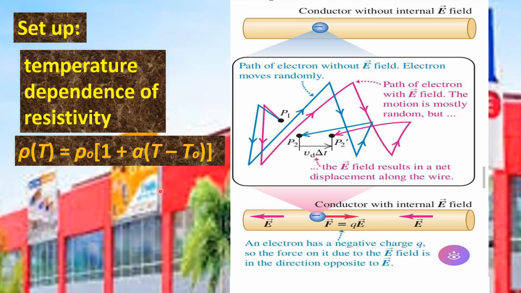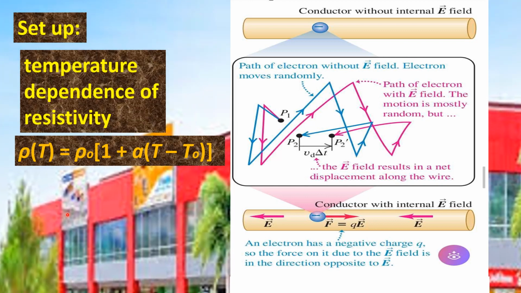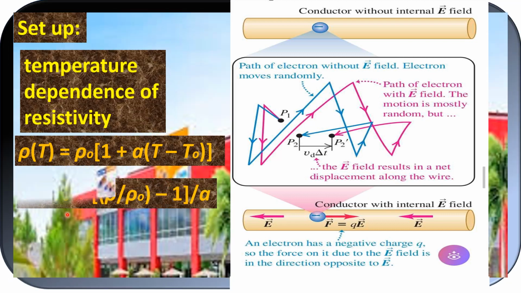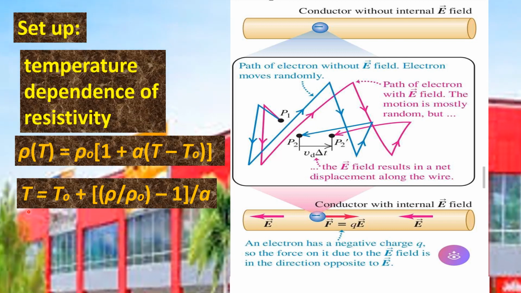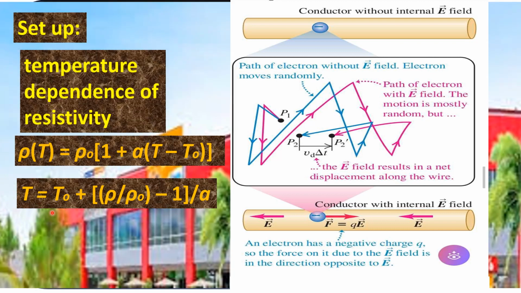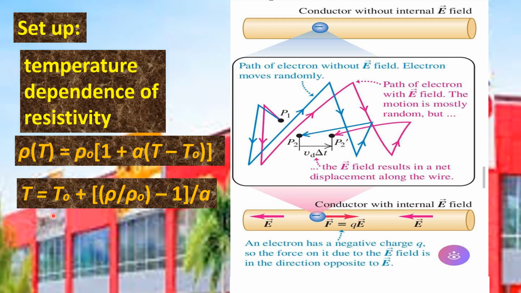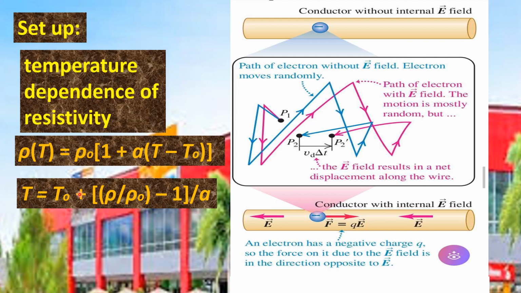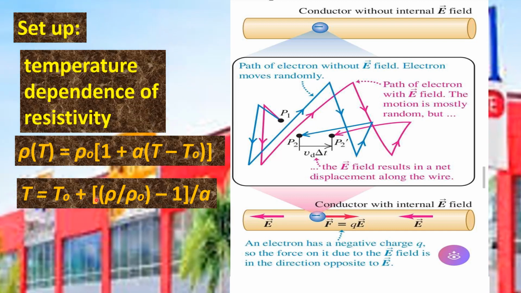But in this problem, our target variable is the final temperature, capital T, which incidentally is also the melting point of the element indium. So we need to isolate capital T and come up with this working equation. That is, capital T is equal to T naught, the initial temperature, or the reference temperature value, which is 20 degrees Celsius. Then add to that the quantity inside the bracket,